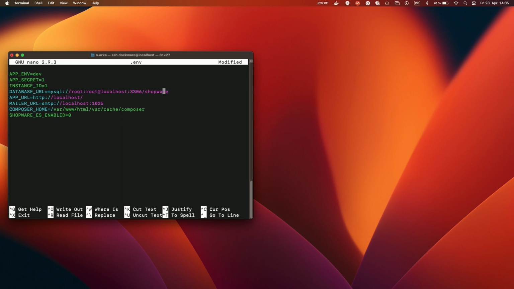So behind the equal sign, you will find the information of the database. At the very end, behind the slash, is the database name to be used. Here you must enter the newly created database name. So in our case, it's SW6420 test shop.